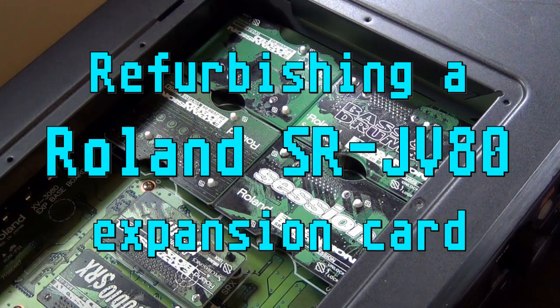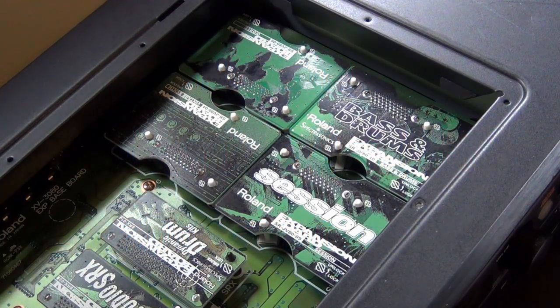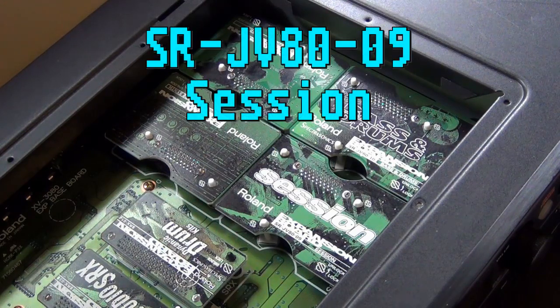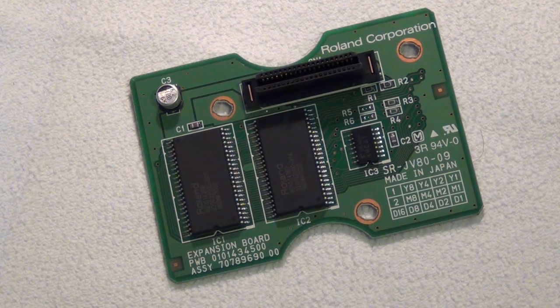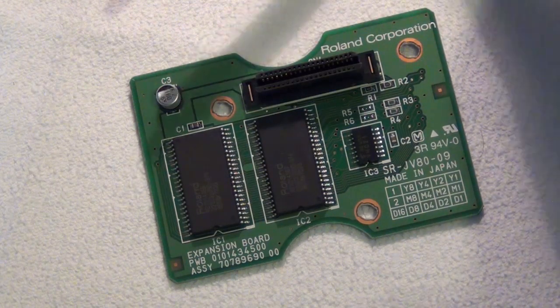Today we are looking at how to refurbish the Roland SR-JV80 sound expansion cards. I have a session card here which is still not repaired, and I'll show you now how to do this. So this is the card from the bottom side up, and you can see here the